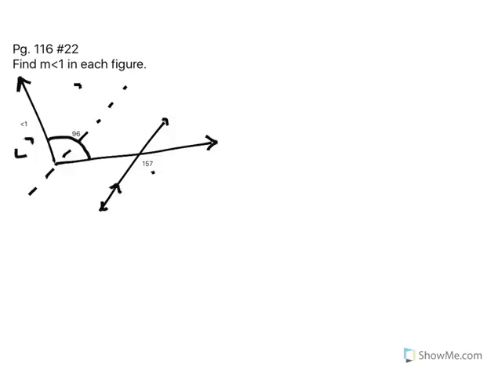instead of splitting it into two transversals like I did last time, which was kind of a lot of work, I'm just going to work from this one down first. I'm going to label my bigs and smalls first. This is a small, I'm going to use a different color. This is a small, this is a small, this is a big, and this is a big. All bigs are equal to one another, all smalls are equal to one another,